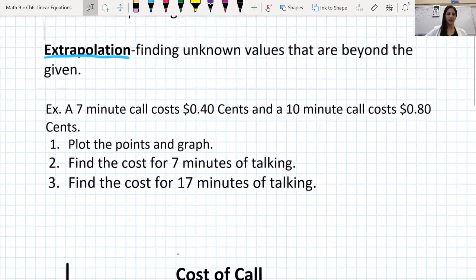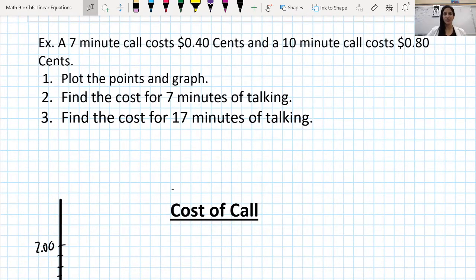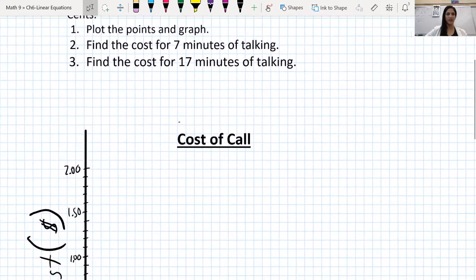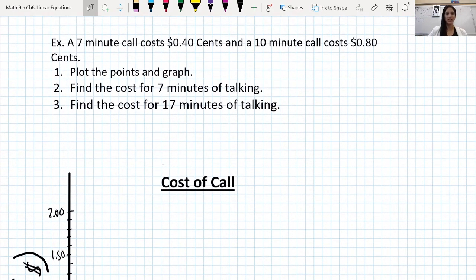So let's take a look at our first example. It says a 7-minute call costs 40 cents and a 10-minute call costs 80 cents. 1, plot the points and graph. 2, find the cost for 7 minutes of talking, and 3, find the cost for 17 minutes of talking. Okay, so in order to do this,